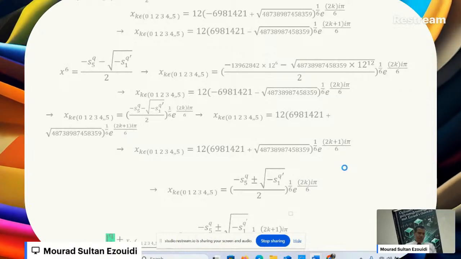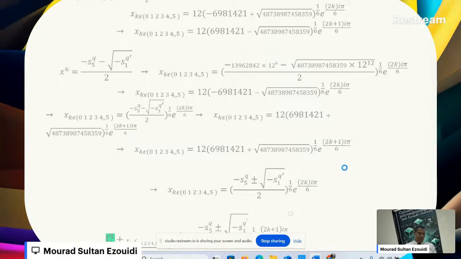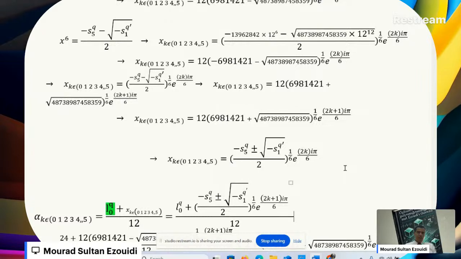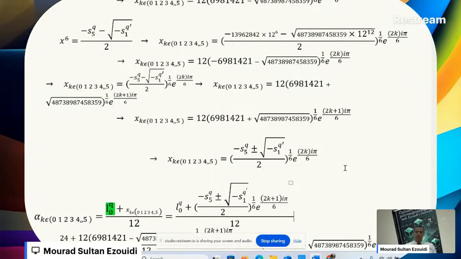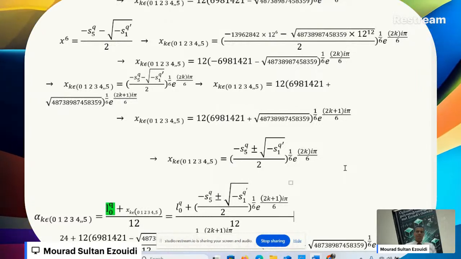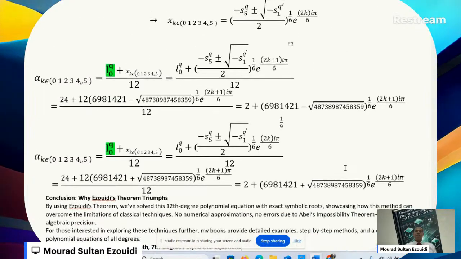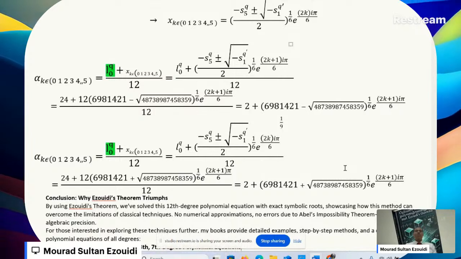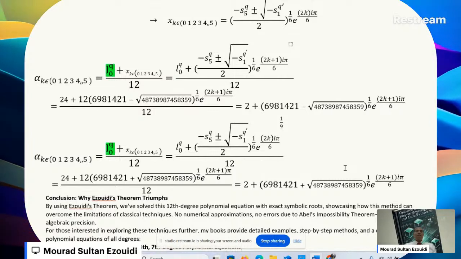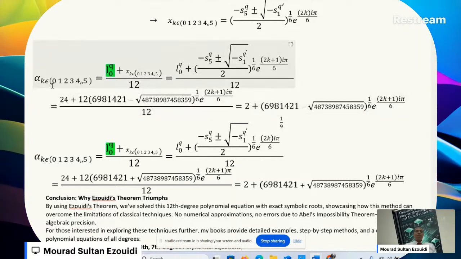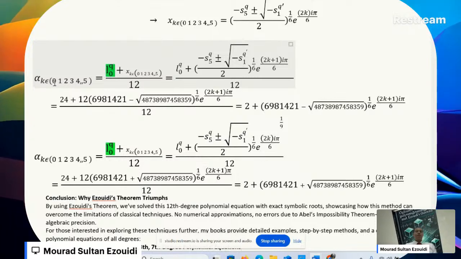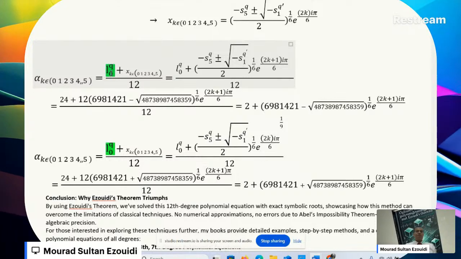So here, my professors, teachers, and colleagues, you see that we bring you exactness. Exactness means we solve this exactly. So here alpha subscript k ranges from 0 to 5. The formula is